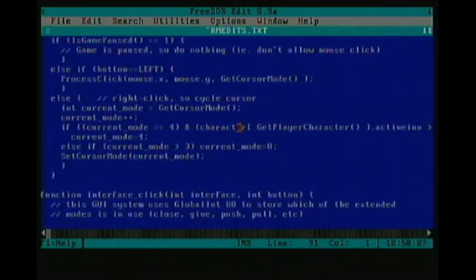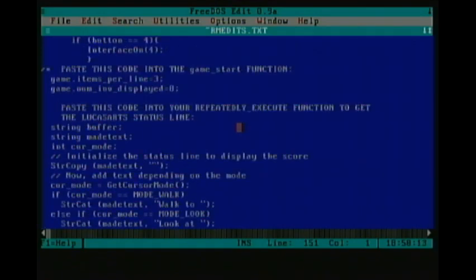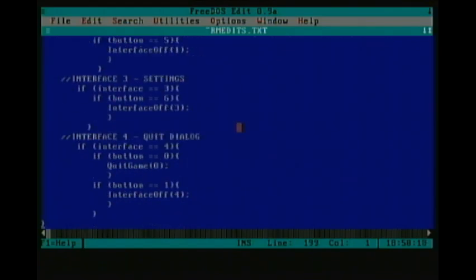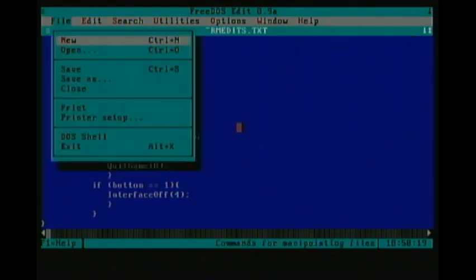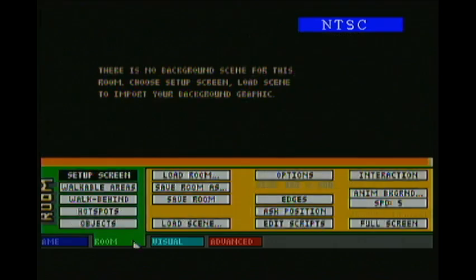All right, and really you can see all of the scripts for the game in here. So far, except for the room scripts, it's pretty much just everything that makes the game work: the interface, scripts, everything else. Everything in this game is a script. So here we are back here. Now let's look under